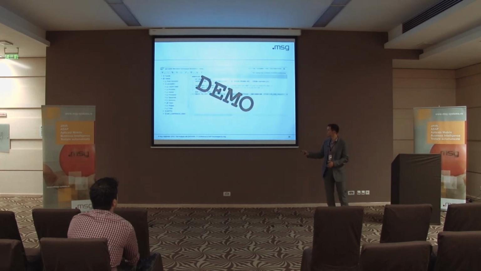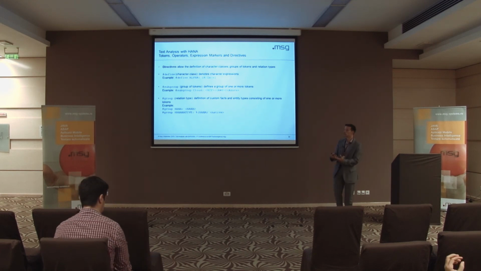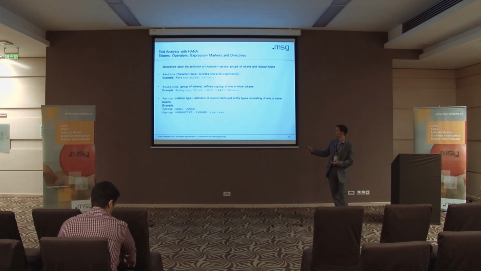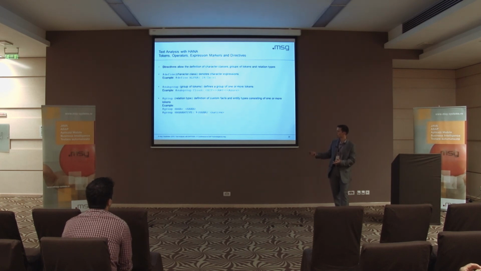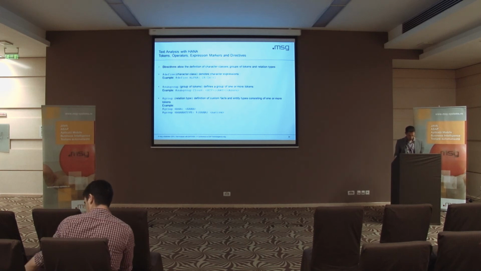And these directives allow you to structure your rules. And they also allow you to make some reuse. For example, you can define subgroups, which are then used within groups. Or you can define groups and reference them within other groups, like is done here. So you have the group HANA, and then you have the group HANA native, which is a token or an entity that consists of the group HANA and this token here. So you have a lot of options, and we can now take a look at these options.